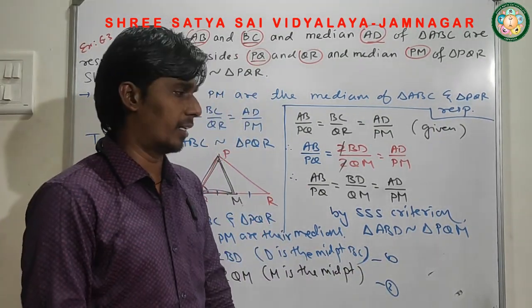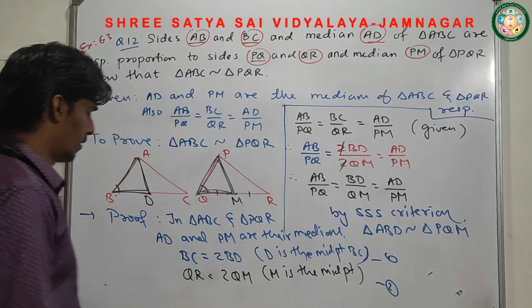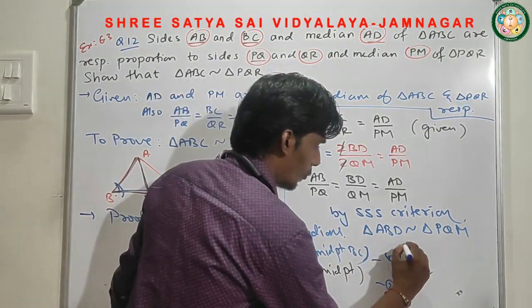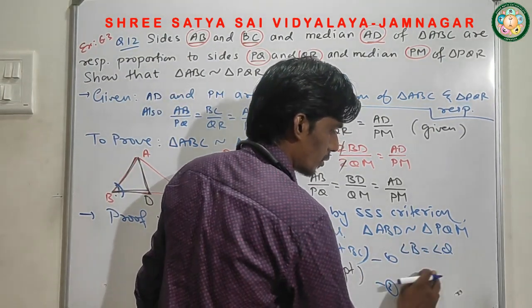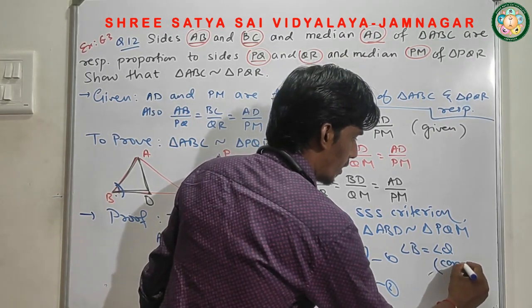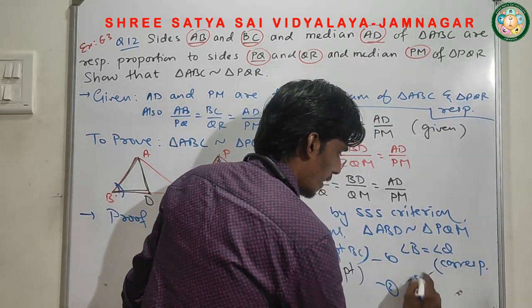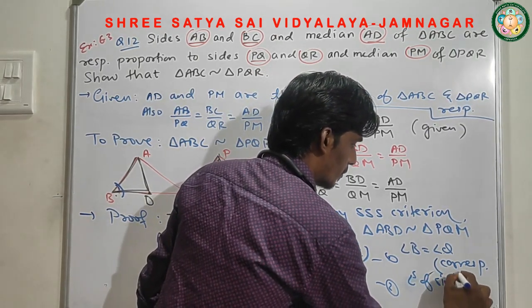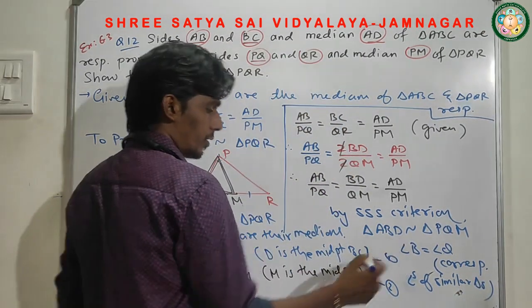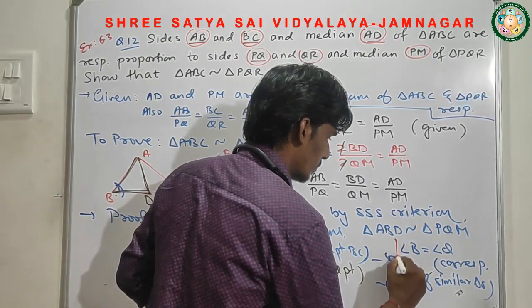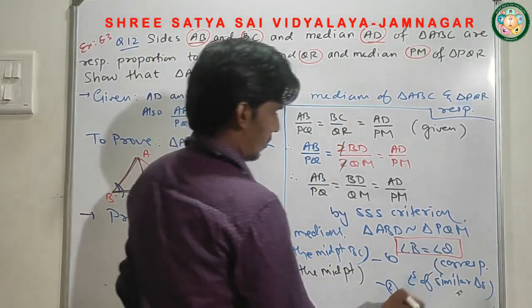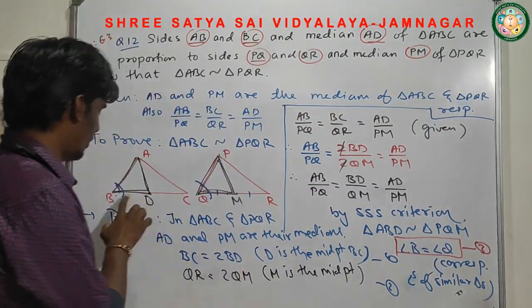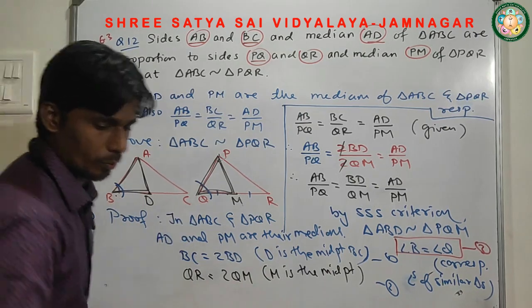And if two triangles are similar, I can say that corresponding angles are equal. So I can say that angle B is equal to angle Q. As the two triangles are similar, therefore angle B is equal to angle Q. Corresponding angles of similar triangles. I got B is equal to what? Q. This is what 2. So this is what 3. Still one more step is left. Whatever I want, the main part I got here already. B is equal to what? Q.